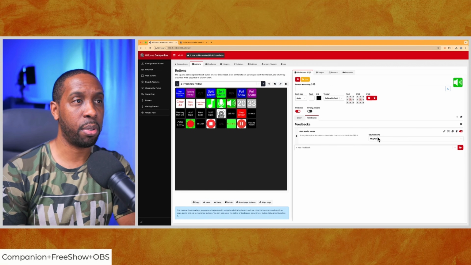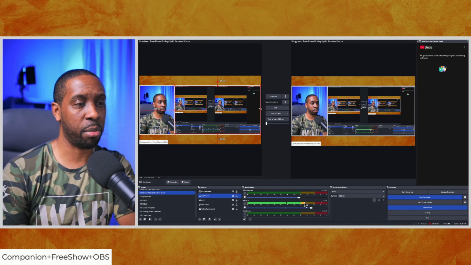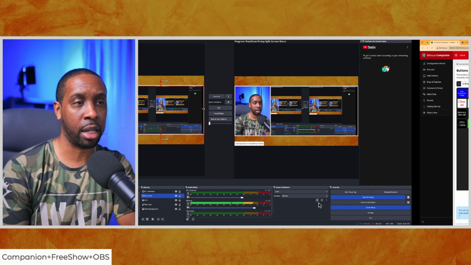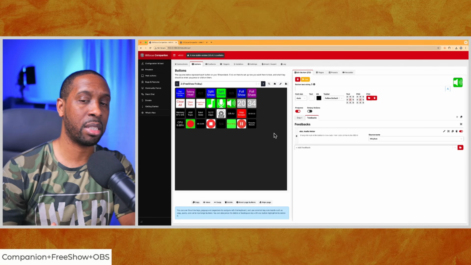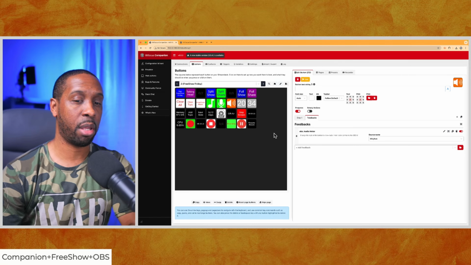And it's literally putting in the audio feed color that comes from this particular meter here. All right. So if it's green, it'll be green. If it's yellow or orange, it'll be orange. And if it goes to the red, it'll go red. And my goal is I want to be able to see that, to know that my audio is coming through. So it's a good moniker for me because my